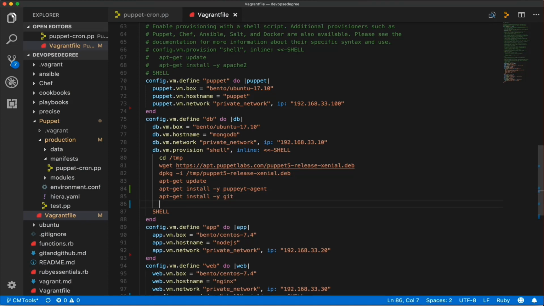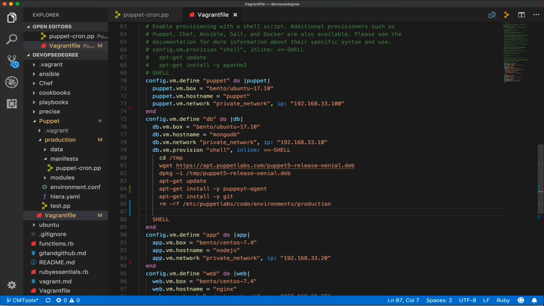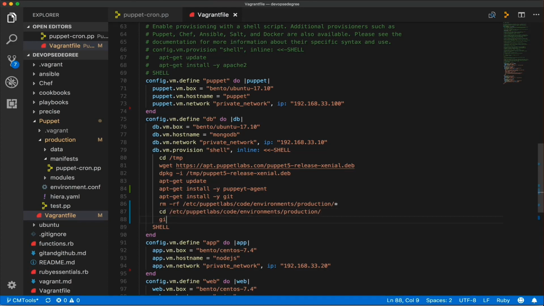I know that it's already installed with the default installation of Ubuntu, but just to make sure that it will be there. And then we will need to remove the default production directory because we are going to clone that from our repository. So rm -rf, the default production directory. Okay, and then we are going to get inside it once it is empty, and we are going to issue git clone,